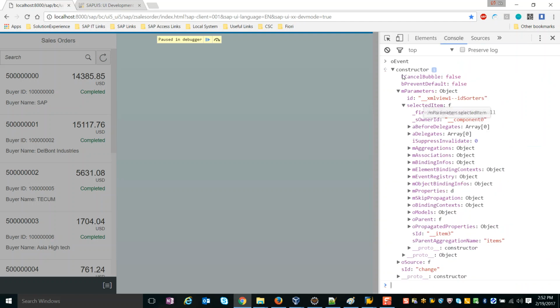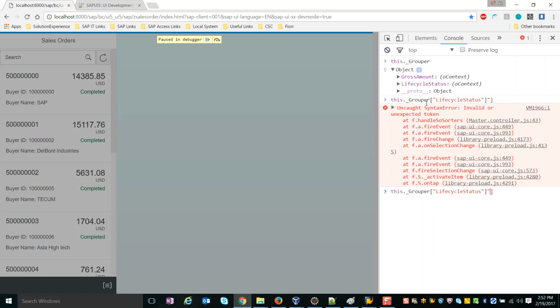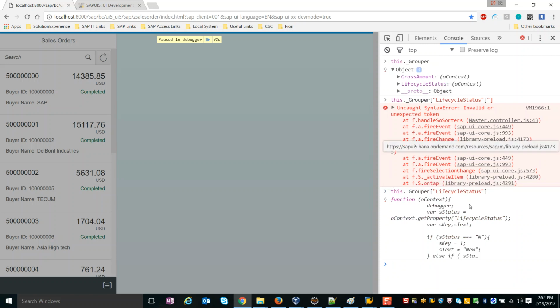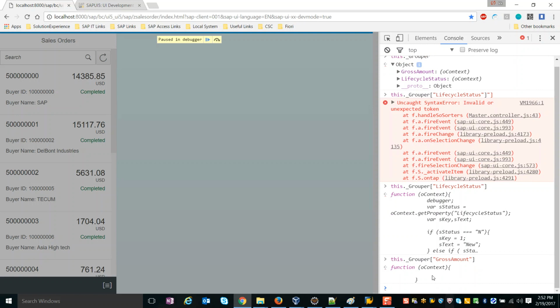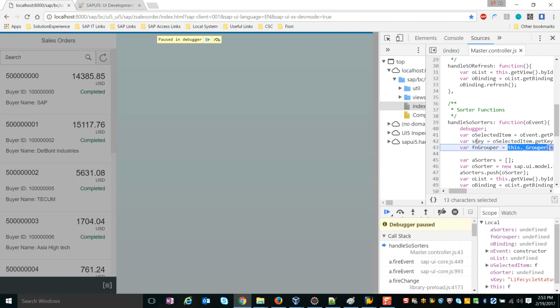Then the object that I have imported, which is this underscore grouper, is going to have the methods lifecycle status and gross amount. So I'm basically doing dynamic programming here, where whatever method name I pass here, let's say lifecycle status, it is going to give me the coding for that particular method. Likewise, if I pass gross amount, it will give me the coding for that particular method. In this way, since I know that the key and the method name are the same, I just pass the key value and I get the